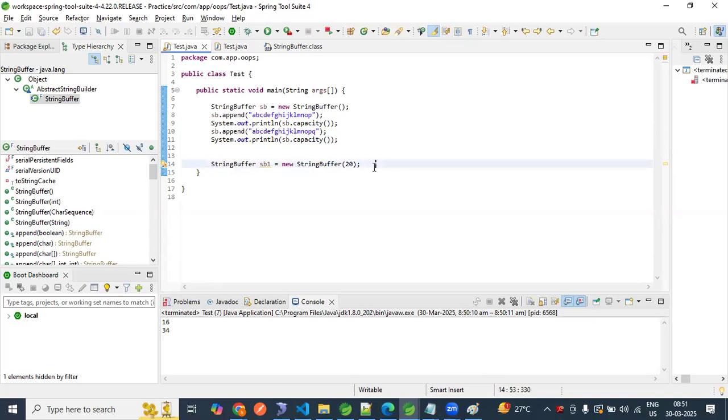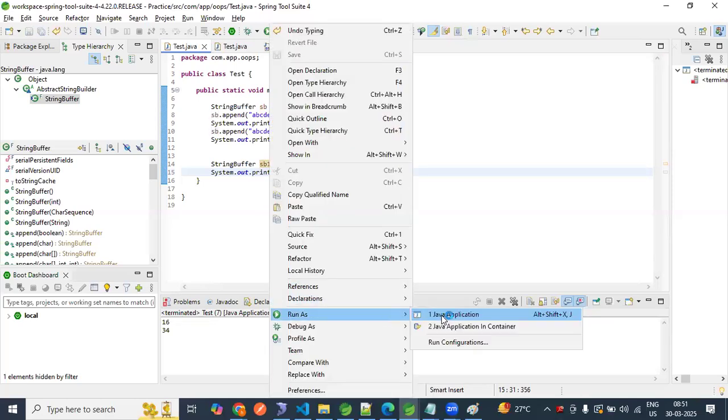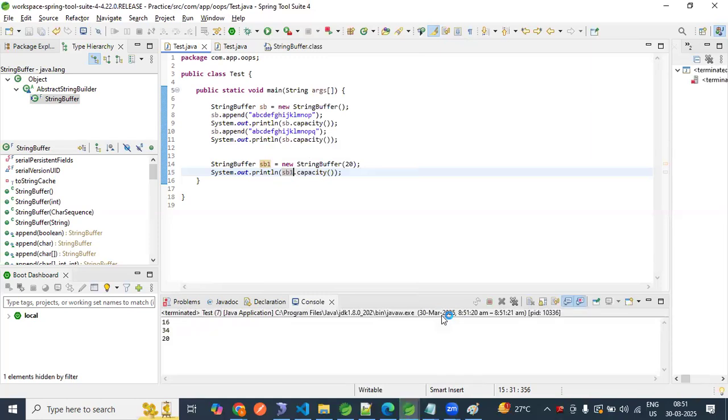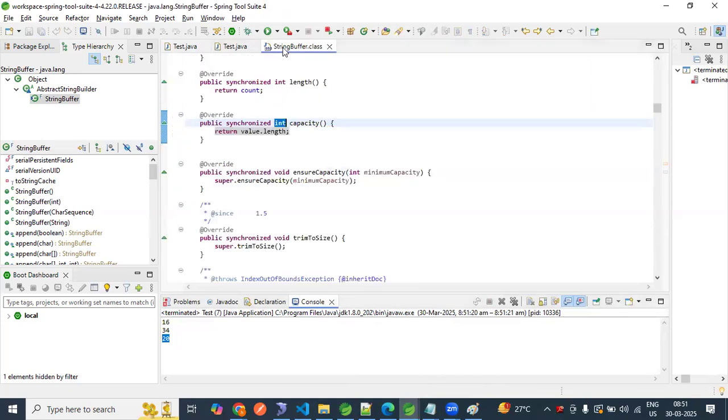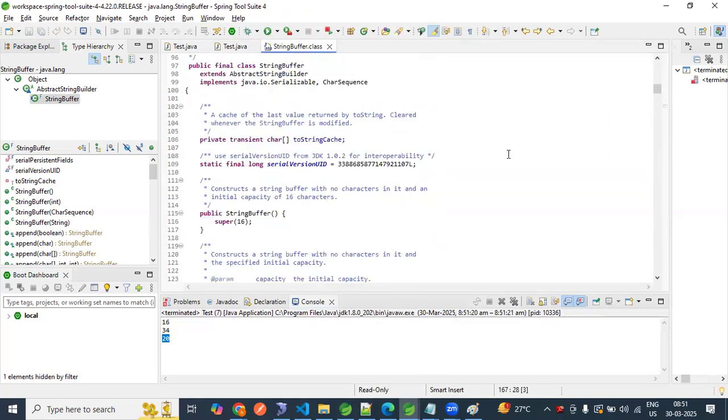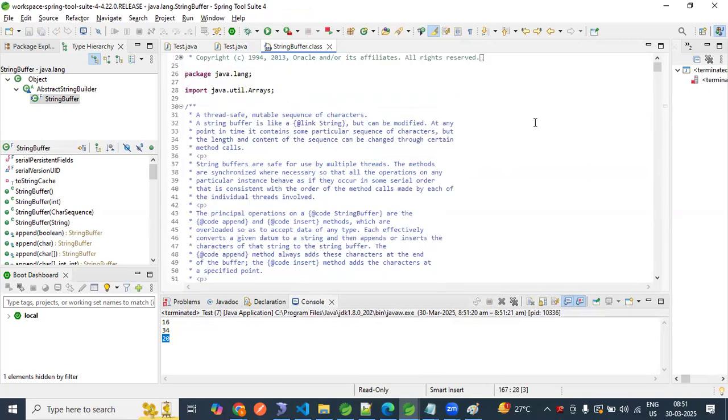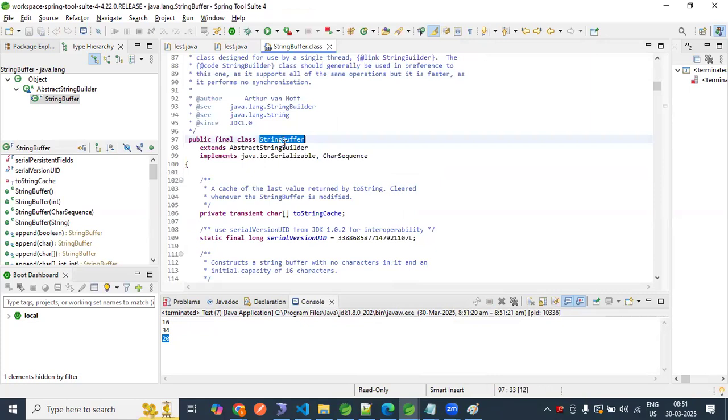Copy this, paste here. What is the variable name of the second string buffer? Pass 20. Let me print this. What will be the output? See, it is not coming with the default capacity. 20 is the capacity. So if we come here and look at the parameterized constructor of string buffer,